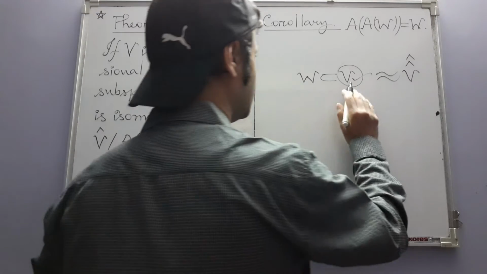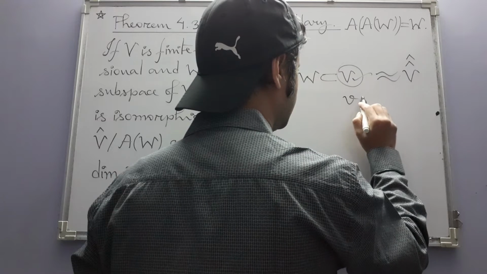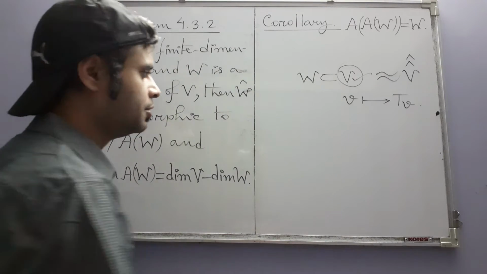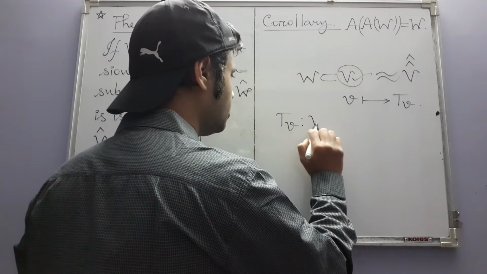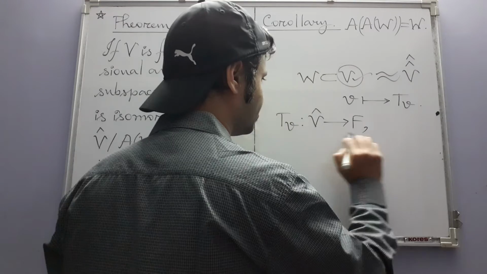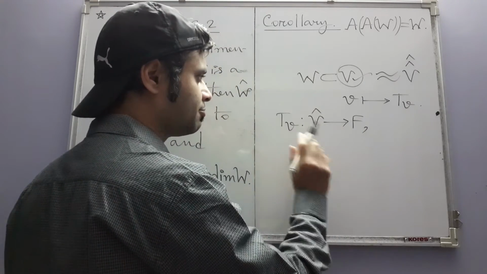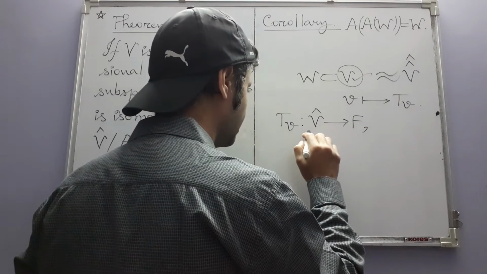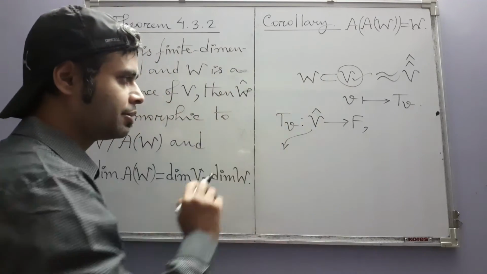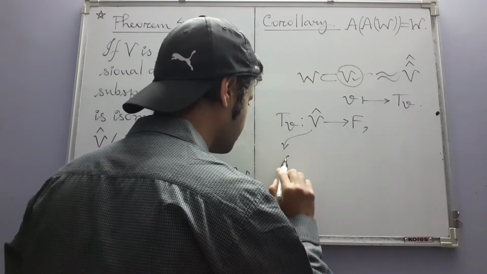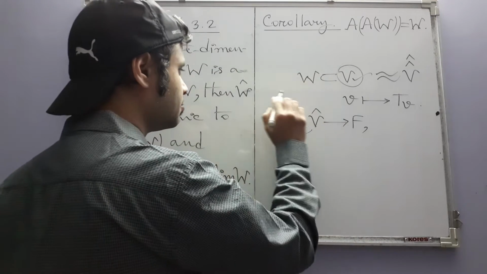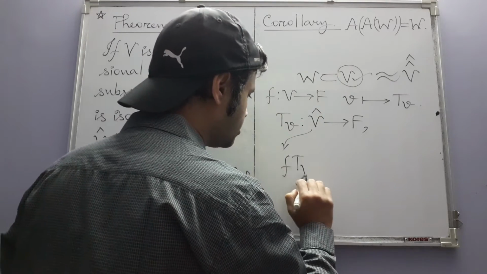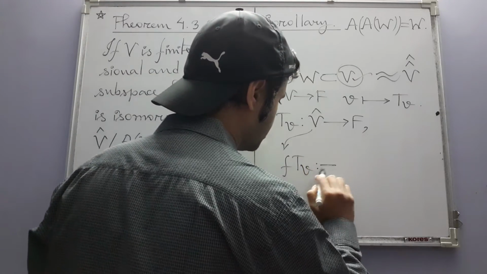That isomorphism maps a vector V in V onto this function TV. What is the definition of TV? TV is that function from V hat into F, which is defined like this. From V hat into F means from the first dual or the ordinary dual of V into the field of scalars. So you take an element from here. What will an element in V hat be? It will be a linear functional on V, F, which itself is a function from V into F, and its TV image is defined to be equal to the